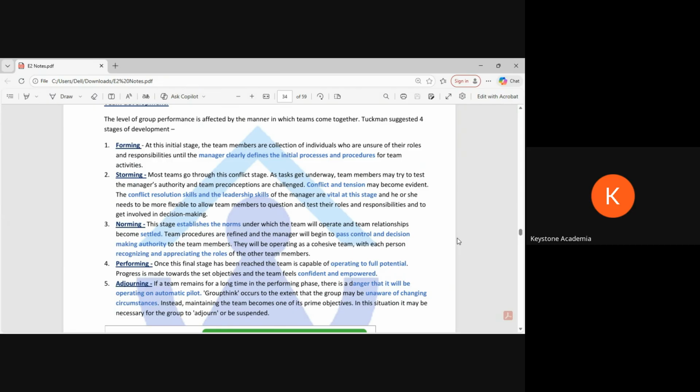And eventually, what will happen more than the task, the individuals will become very friendly, and their main aim will be to keep other people happy and be in a team rather than succeeding. So that's the bigger problem.